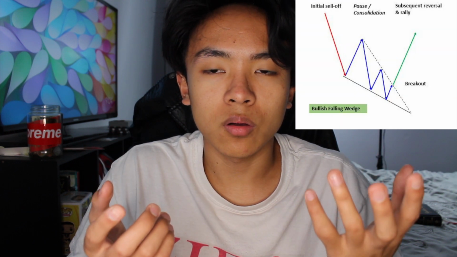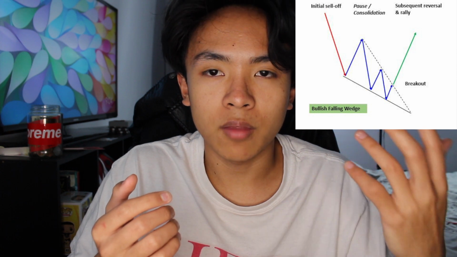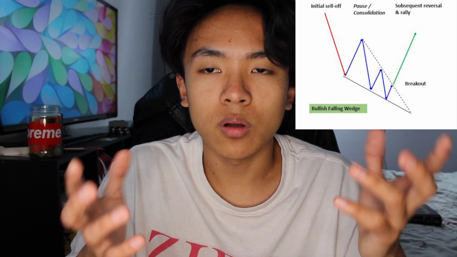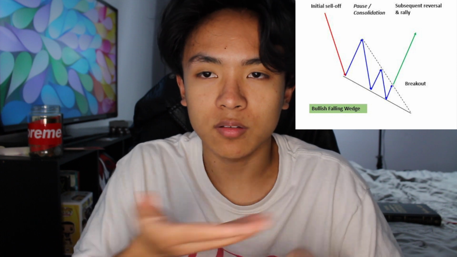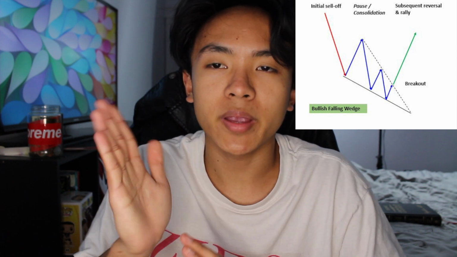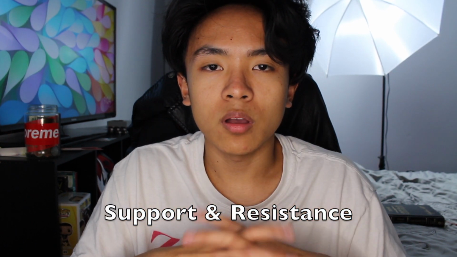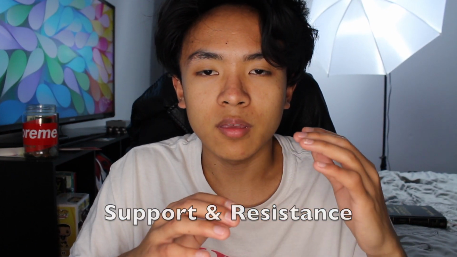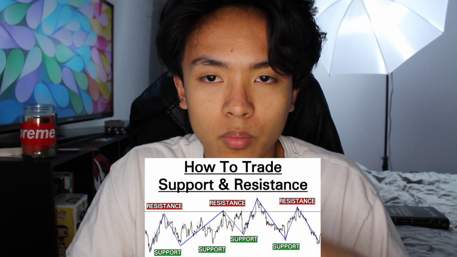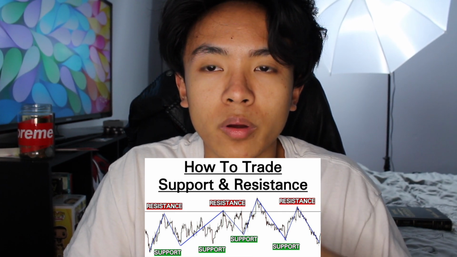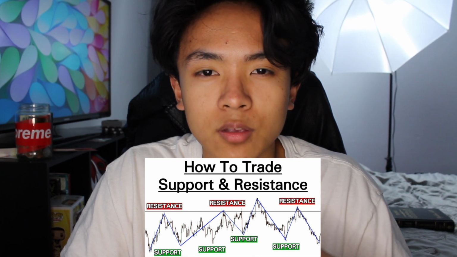So, a stock will sell off. It'll drop in price point, and then eventually it will consolidate, which is going to be bottoming out, and it's going to flatten and get ready for a breakout, which is going to be a spike up. Between the sell-off and the breakout, there will be what we call support and resistance. So a support is when after the sell-off, there will be a point where it's a floor where it can't go below that. So the floor is supporting it, known as a support.